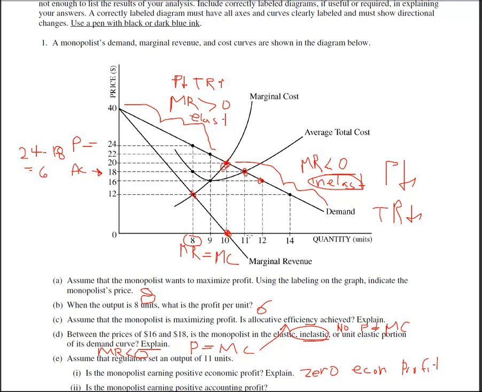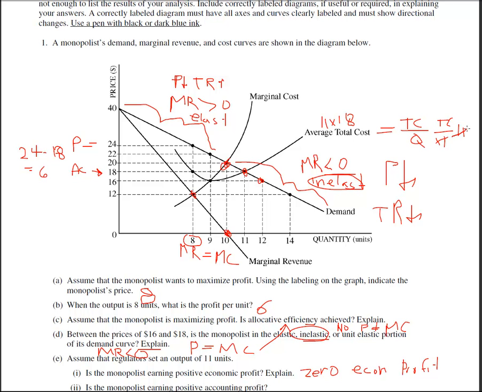Because they want to sell it at as high a price as they can, and the highest price at 11 units is $18. Well, at $18, 18 times 11 is going to be my revenue, but my total cost is going to be 18 times 11 too. The reason is average total cost is total cost divided by quantity. If I take my $18 as my average total cost, and my quantity is 11 units,